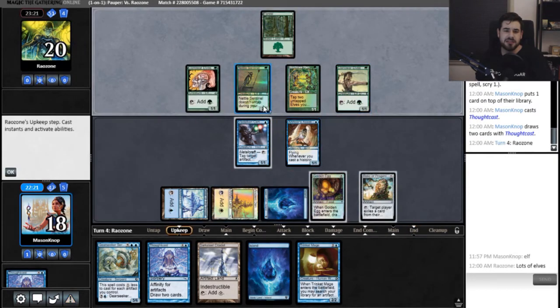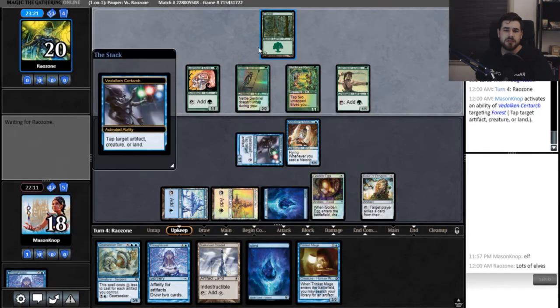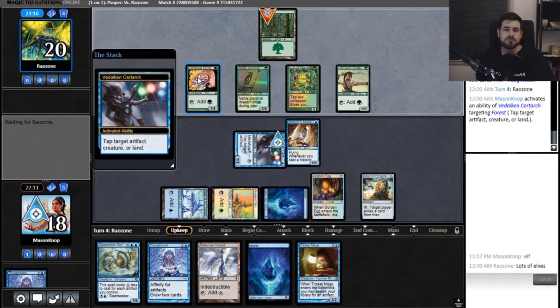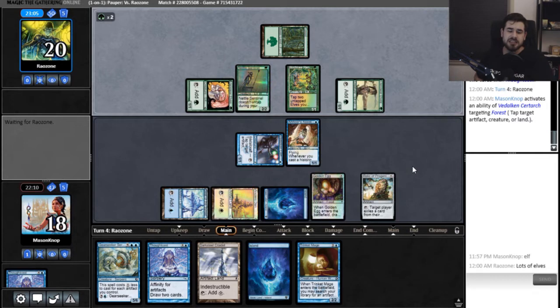Then on their turn, I think I want to tap down their one forest. Tap down their one forest. Starve them for 1 mana. So they get 3 right now. When they cast another green...